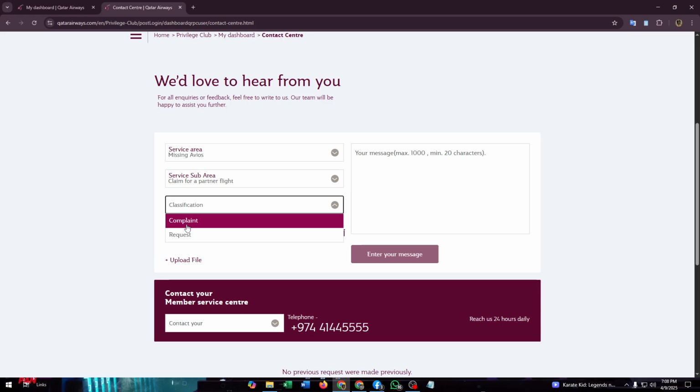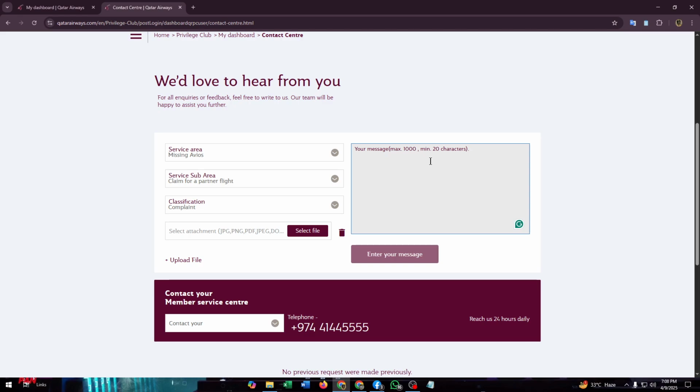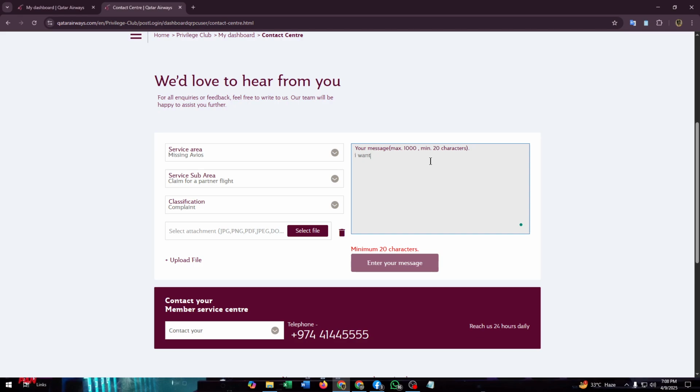If you want to complain about anything, then you can go with this complaint. Or if you have any request about that Avios point, then tap on this request here. So then after that you just need to enter the ticket file here. That could be a JPG, PNG, PDF, JPEG, or doc file. It could be anything. After that you can just enter some text, like